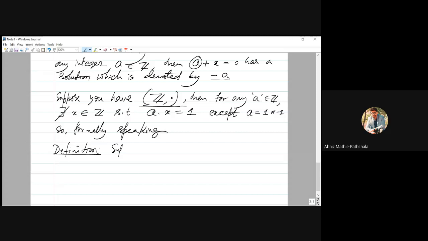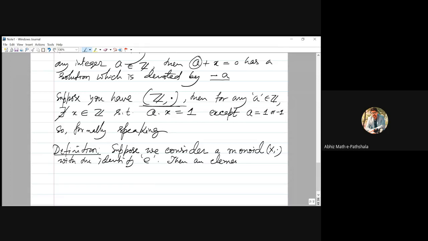Suppose we consider a monoid X dot, with the identity E. Since it is a monoid, it has a unique identity E. Then an element small a belongs to X